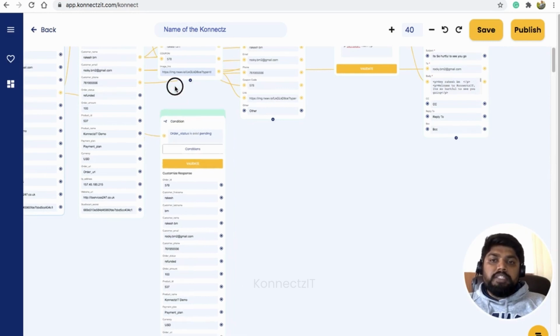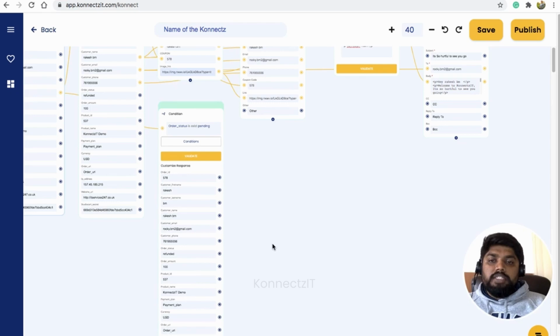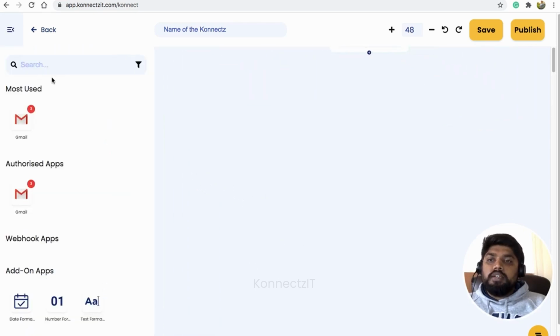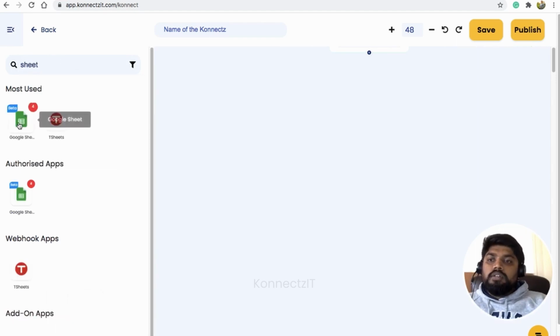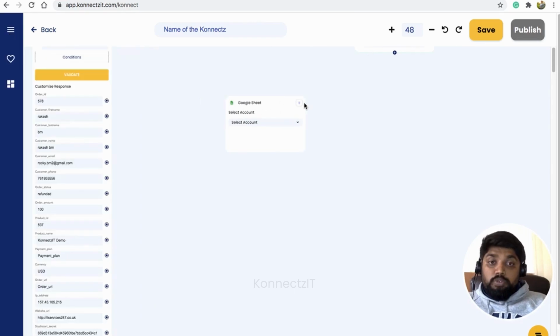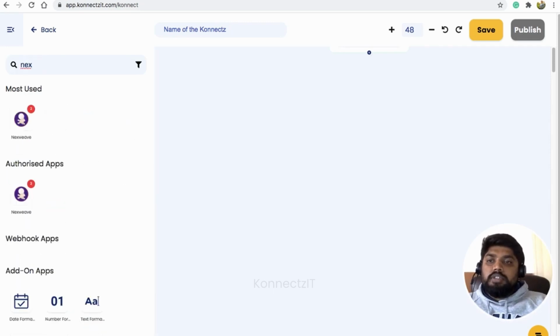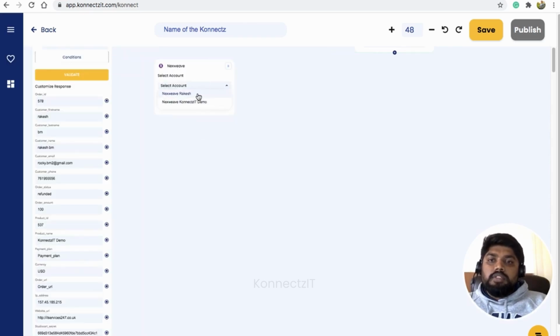I have to repeat the same step again. Based on the earlier step, I'm going to take Google Sheets again. But before that, we will generate a personalized response from NextWave so that we can actually see the record. So I select NextWave, choose my account, choose the trigger as create image experience with the template, and choose the template.